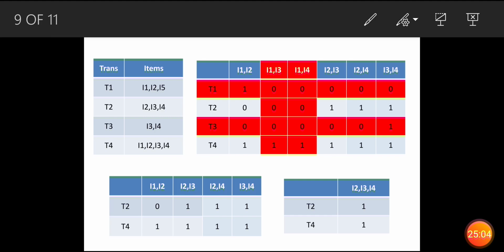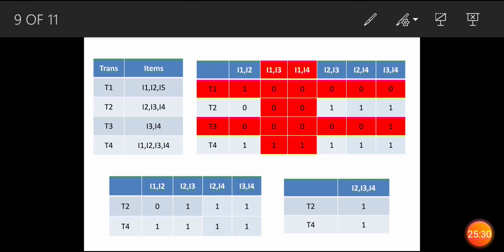From the first, I1 I2, we will again check whether it is present in T2 or not. No, it is not there. The same combination must be there. In T2 we have only I2 I3 I4, there is no I1. So the I1 I2 combination is not present in T2, so we marked 0.